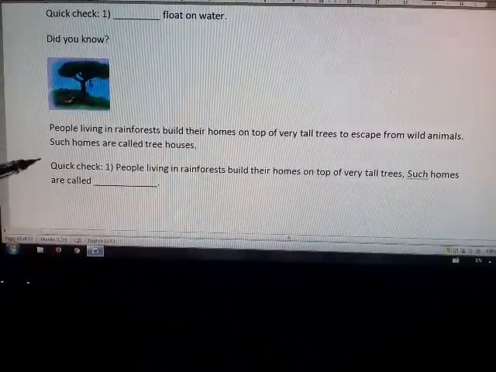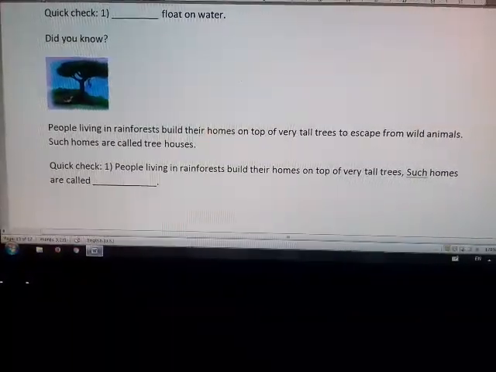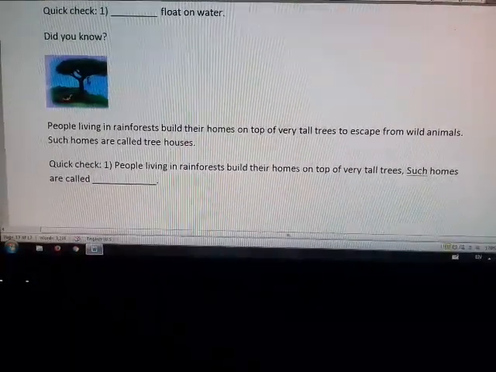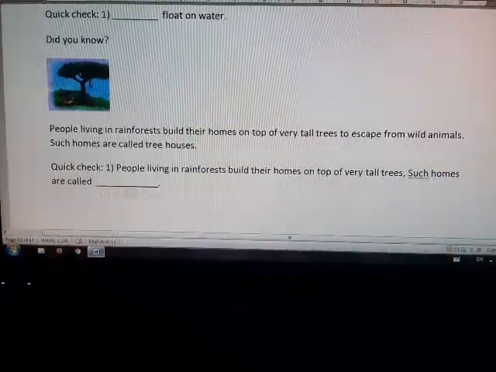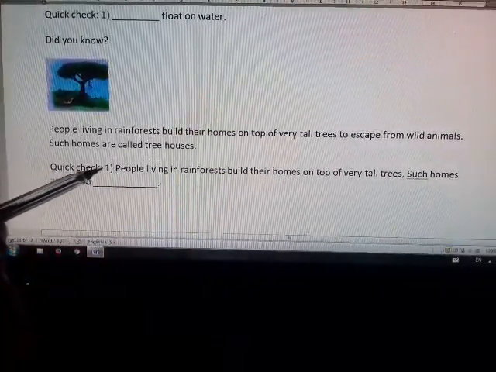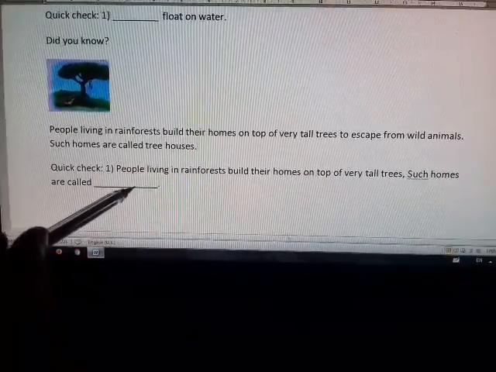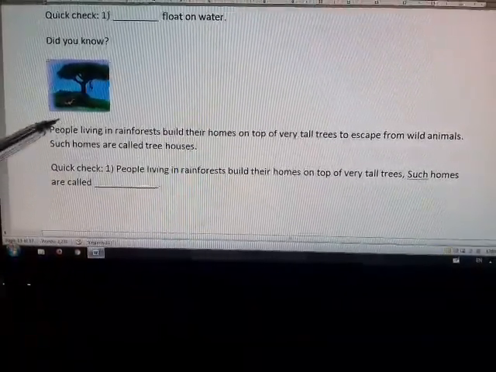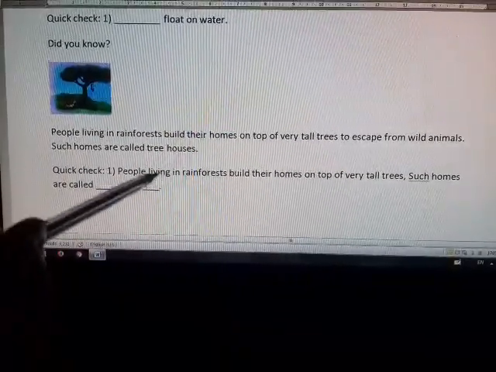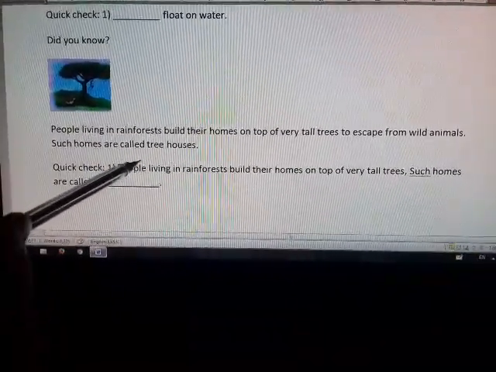Now, what did you learn from chapter number 3? Okay, we learned the different types of houses like huts, houses with tiled roofs, apartments, bungalows, tents, igloos, caravans and houseboats.